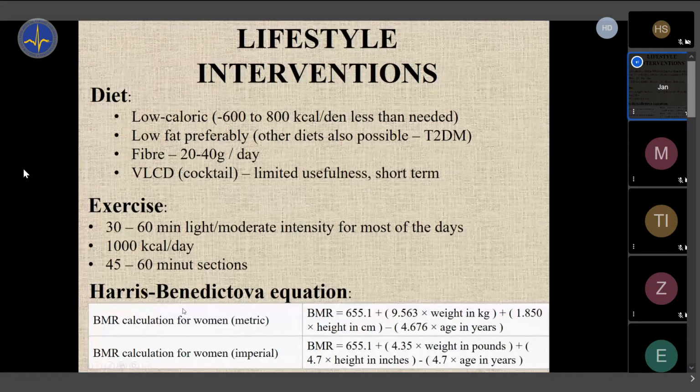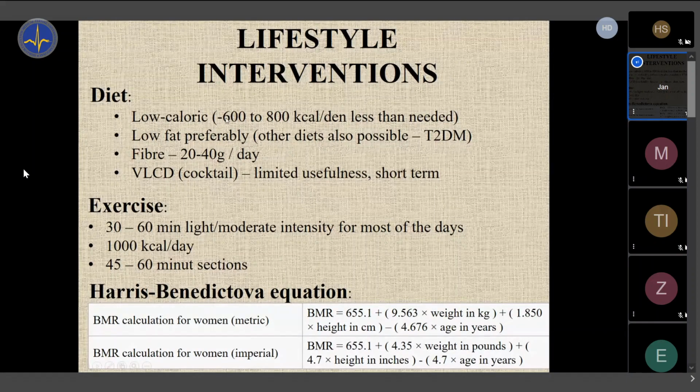It's quite precise. In otherwise healthy individuals, you just get what is a basic metabolic rate, and then you add some 15-20% on top of this calculated basal metabolic rate for daily activities and so on. And then you have a number. Let's say the number is 2,000 calories per person. You calculated that from Harris-Benedict equation.